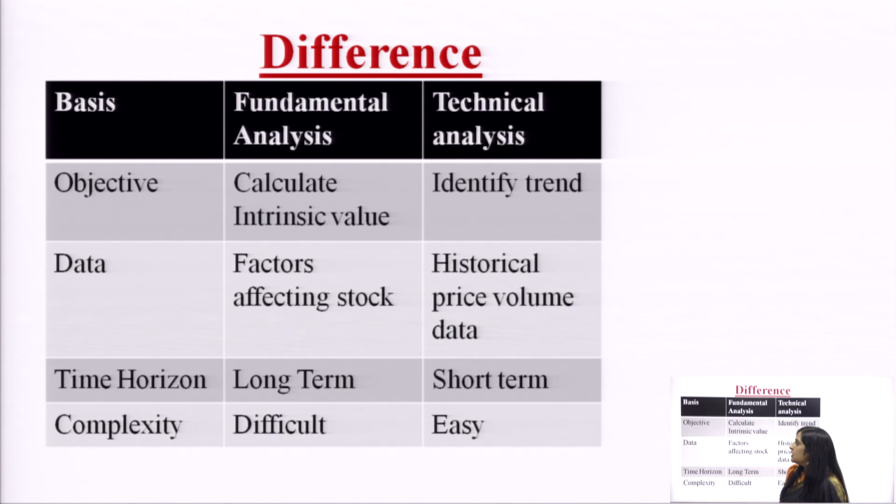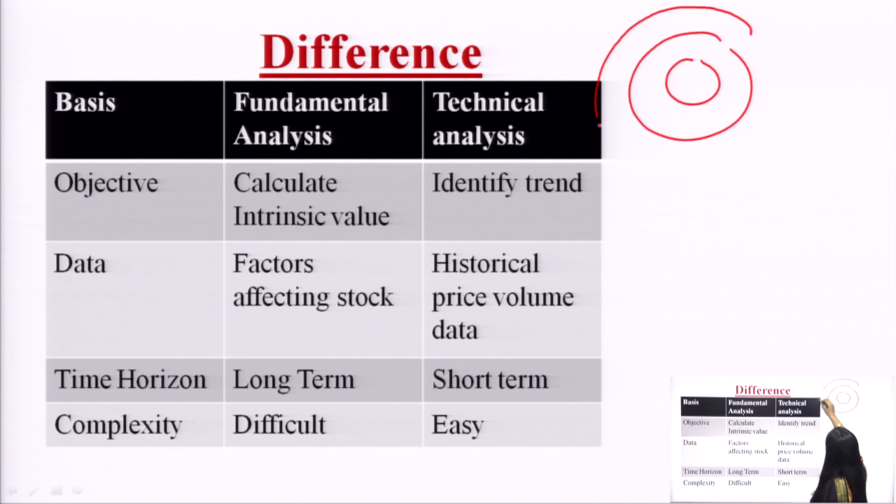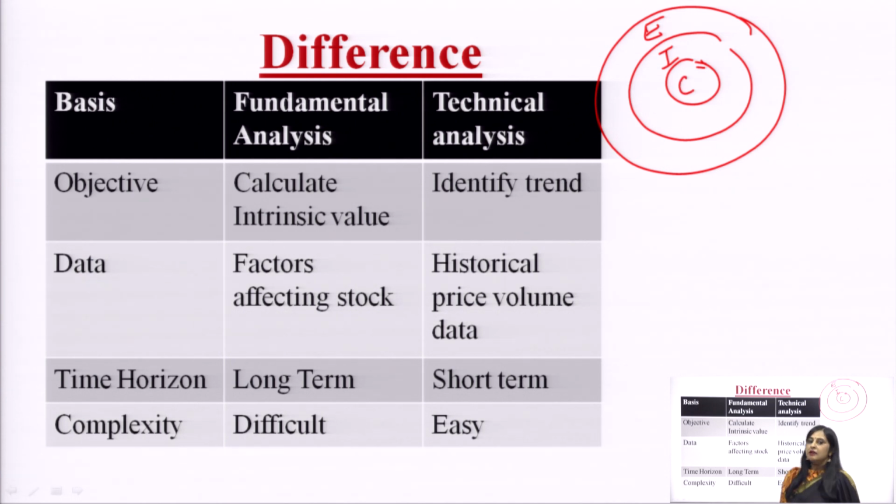which are affecting the stock. What are the fundamentals which are affecting the stock? There are three kinds of fundamentals: economy related factors, industry related factors, and company related factors. These factors are affecting the returns of the security. Economy related factors, for example, there is corona in the market, there is recession in the market, there is high inflation in the market, because the cost of production has increased, the cost of providing services has increased. So, that is why this is having a negative impact on the returns of the security.